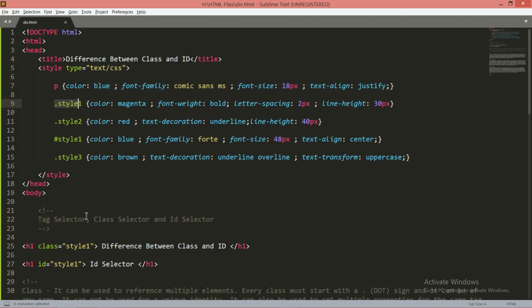And this is a class selector, this is a class selector, and this is your ID selector. In CSS we have three types of selectors: tag selector, class selector, and ID selector. This is an example of your selectors, and this is the difference between ID and class. I hope you understood this particular concept.